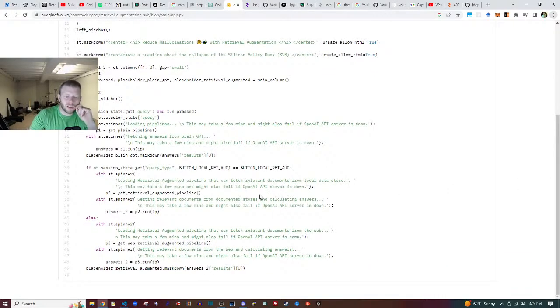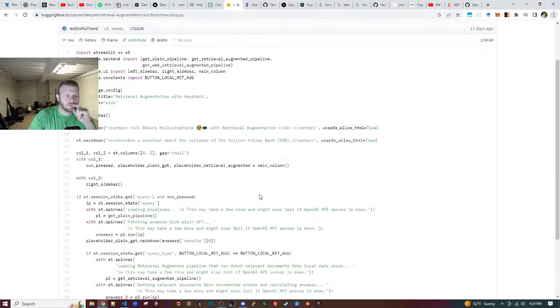This looks like it's just making a... Oh, okay. Get plain pipeline. Get retrieval augmented pipeline.